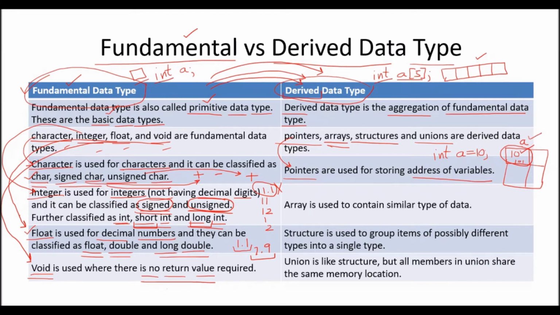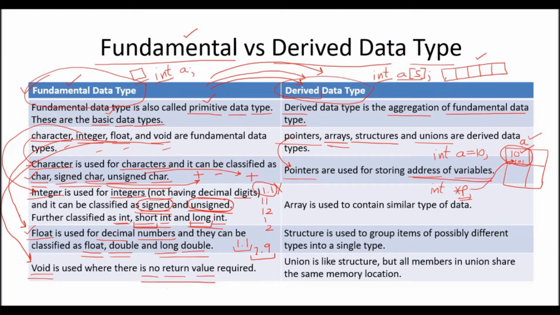So the value which we store is 10, the name of memory we have given is a, and 101 is the address of the memory. So pointer, if I declare, that pointer will store the address. Now this address will be stored in the pointer, or indirectly we can say that pointer will point to that memory address. So pointers are used for storing the address of variable. Let us suppose that you want to declare a pointer p of integer type. You will say int *p. So *p is now the pointer.